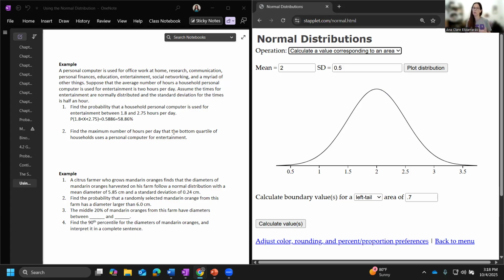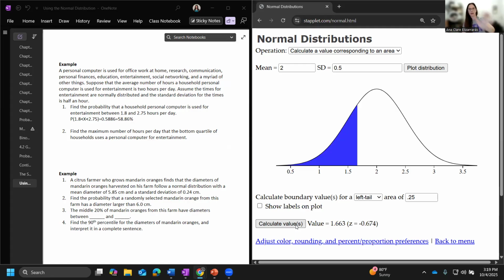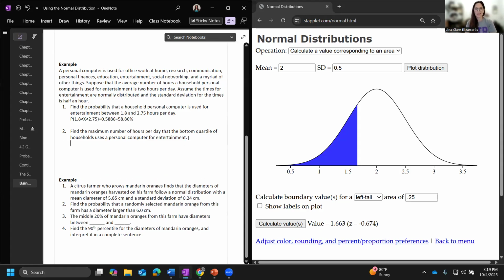If you're asked to find the interquartile range, that means find the 25th and the 75th and in between those 2. So when you're looking at quartiles, remember when you did descriptive statistics, quartile 0.25, 0.5, 0.75, depending on which one you're dealing with. So find the maximum number of hours at the bottom quartile. So I want to find an area of 0.25 and it's bottom, and this is the highest number. So this is the value that I want, and the value is 1.633 hours. So the maximum number of hours per day